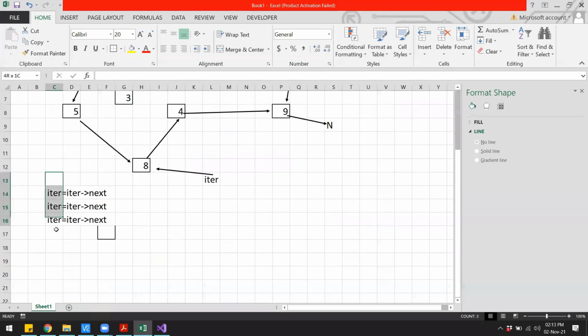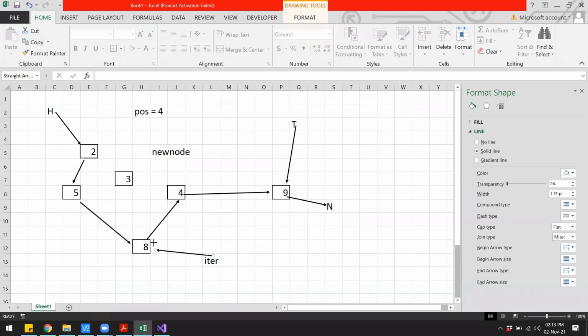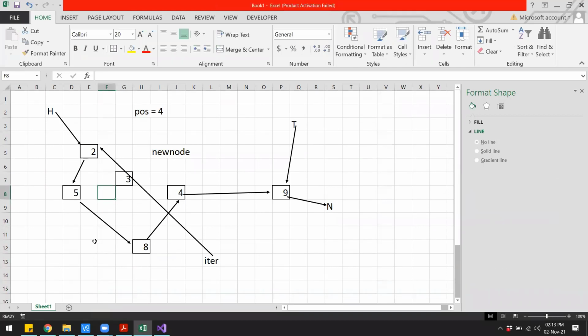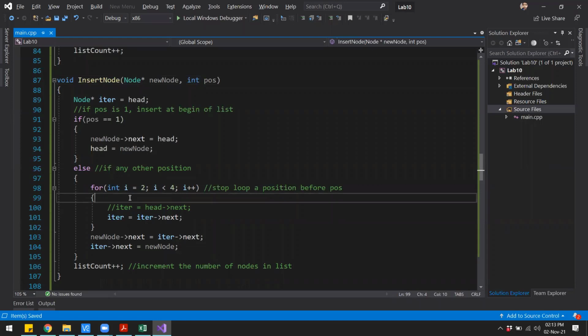Okay, so let's do the hand run once again, and let's see how this pointer comes to number 8. In our function we have passed the new node and position, which is 4. So starting i from 2, we are doing iter is equal to iter arrow next.